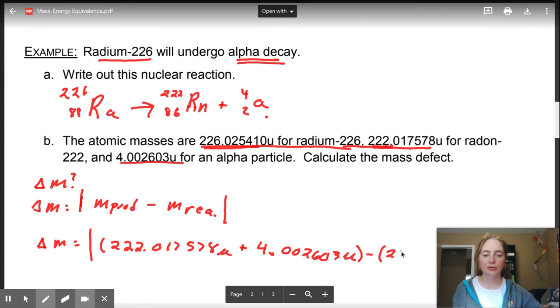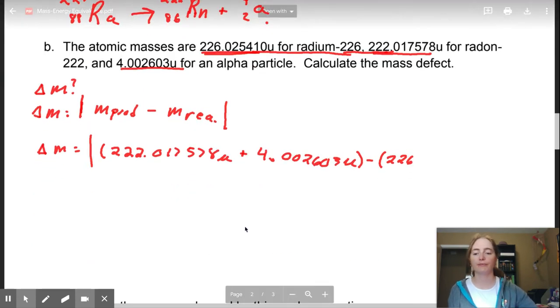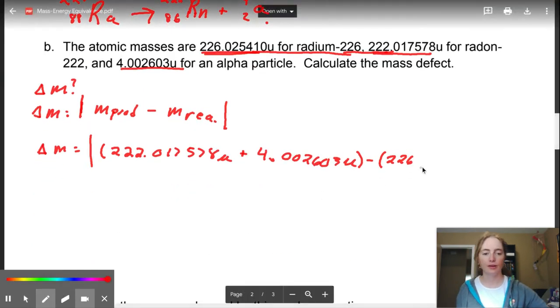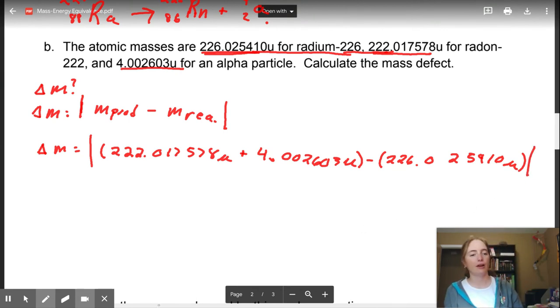So our 226, I need to scroll down before I start writing on my face. Can't have that. Okay, so 226 point, I lost my place, 0.25410 atomic mass units. All right, so once you put that into your calculator, we're going to have our mass